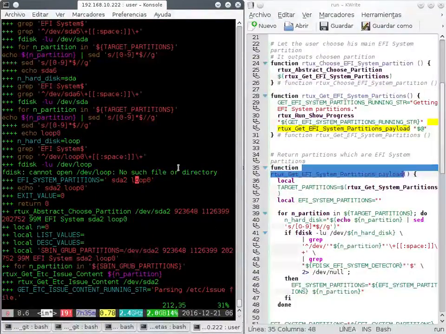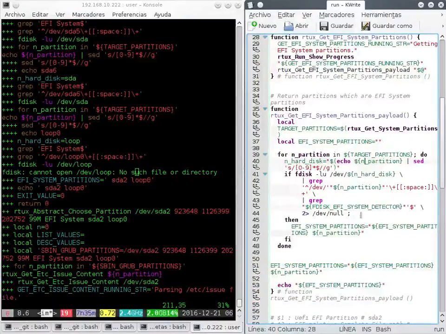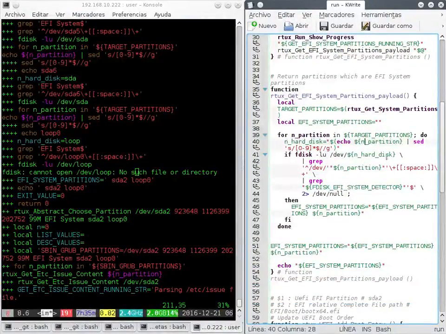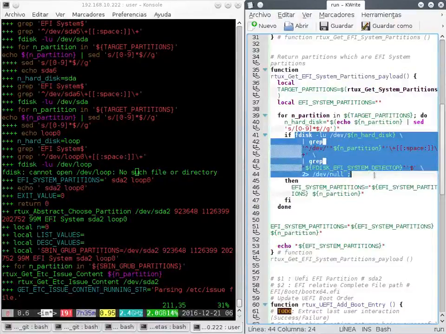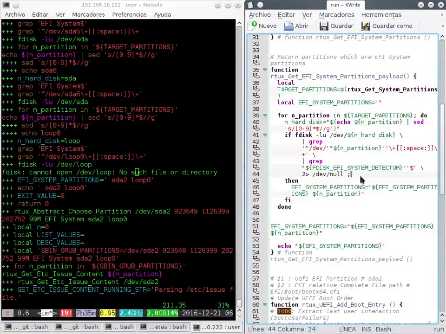Okay, so this is doing FTSLU. Okay, so this should evaluate the third, not the first one, but the third grep, in order to know if this is working or not, because the fdisk is working. So